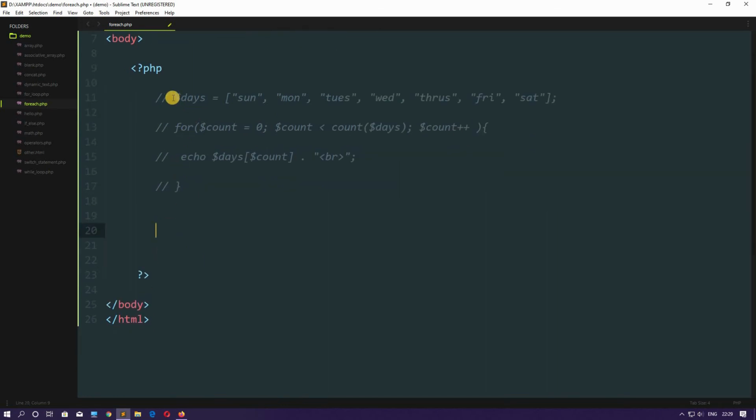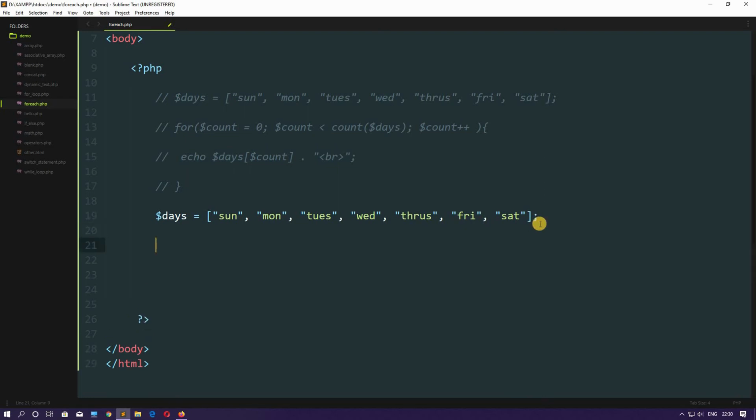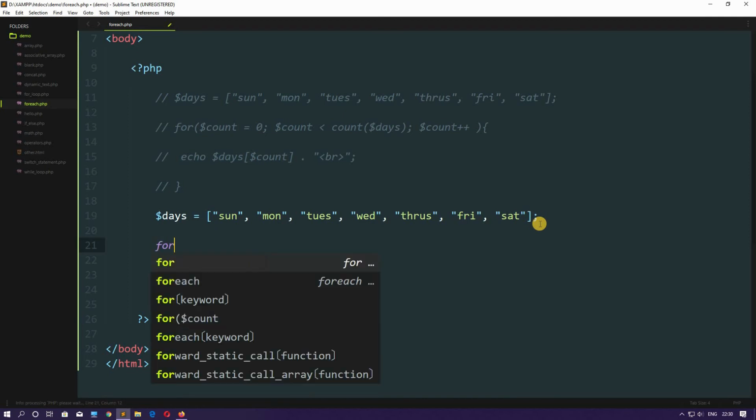Now let's copy this array because we don't want to write this big array once again. Let's just paste it in here, and now we will write the foreach statement directly.